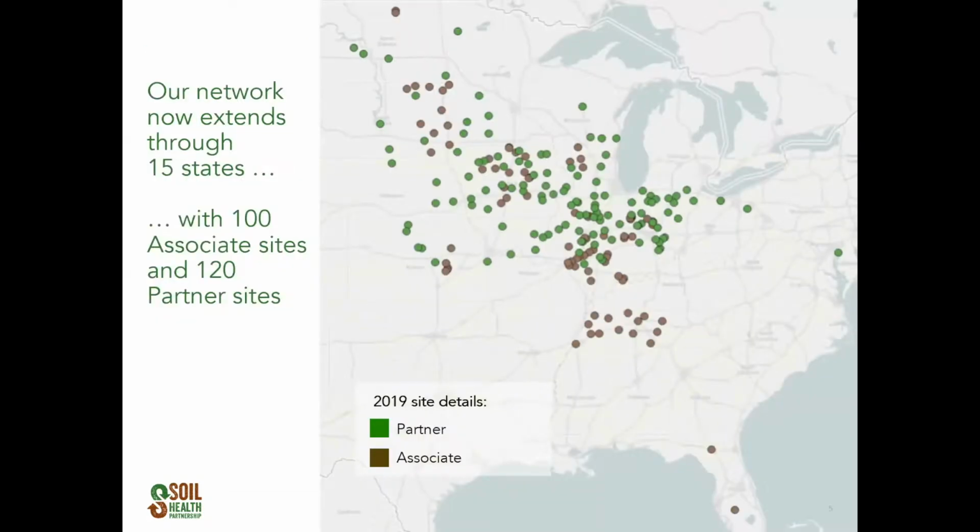So here's a map of our network of Soil Health Partnership sites across the country, and you'll see that we've expanded from where we started in the 3 I states to both northward and westward, as well as toward Tennessee into the southeast. And this is a reflection of the diversity and breadth of the different commodities that we're working with. We now have a partnership with the National Wheat Foundation, and we're working with wheat sites in Nebraska,